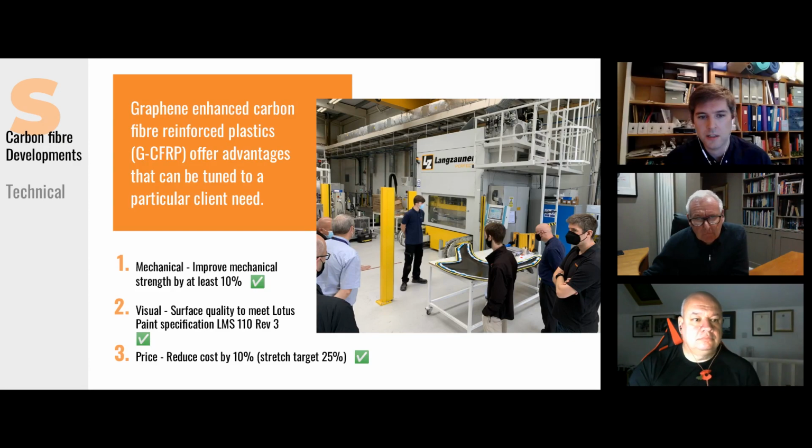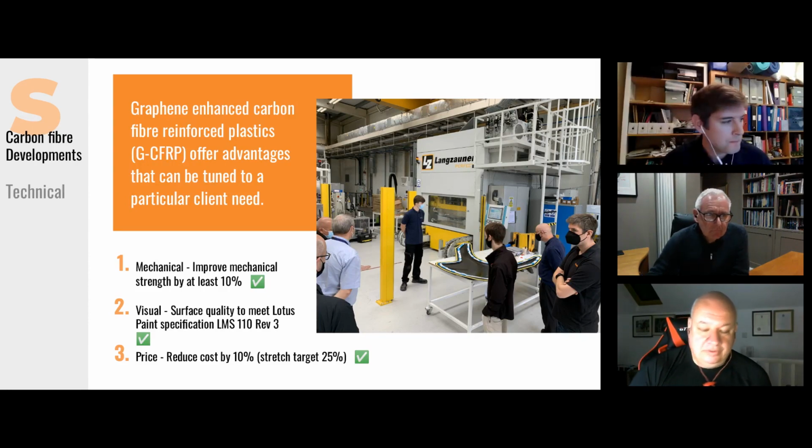But again, over the last 18 months, we've really developed our internal know-how, how to disperse graphene into different resin systems, working with other supply chain partners to incorporate graphene into the carbon fiber matrix, and then look at a combined result with graphene, further enhancing that already quite nice and stiff structure. Neil, back to you for the commercials.